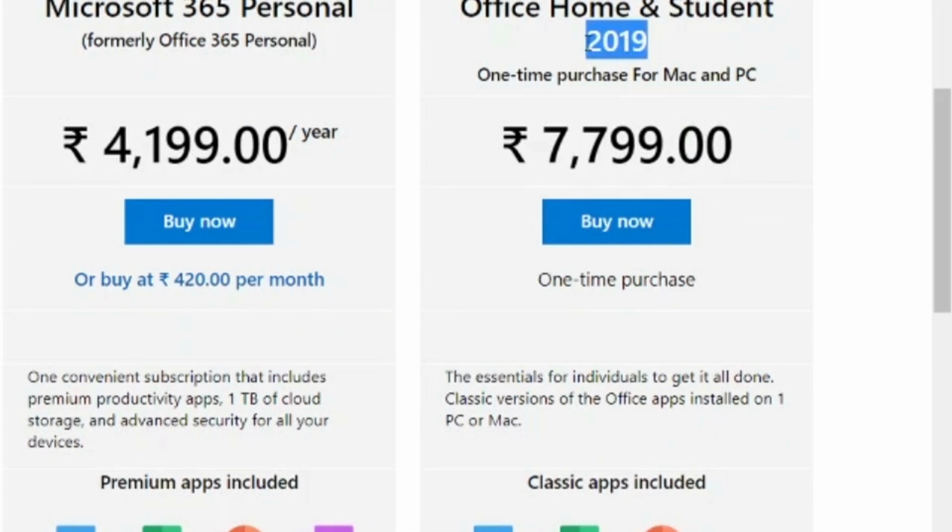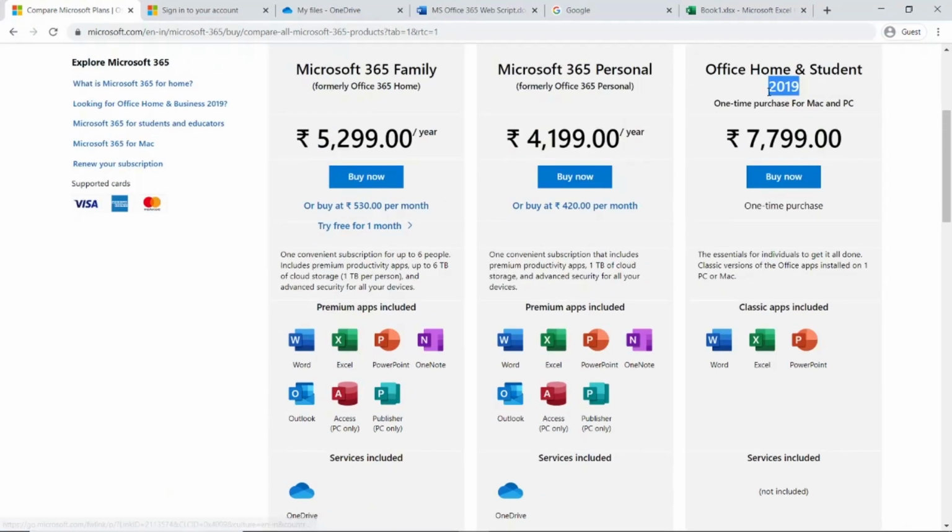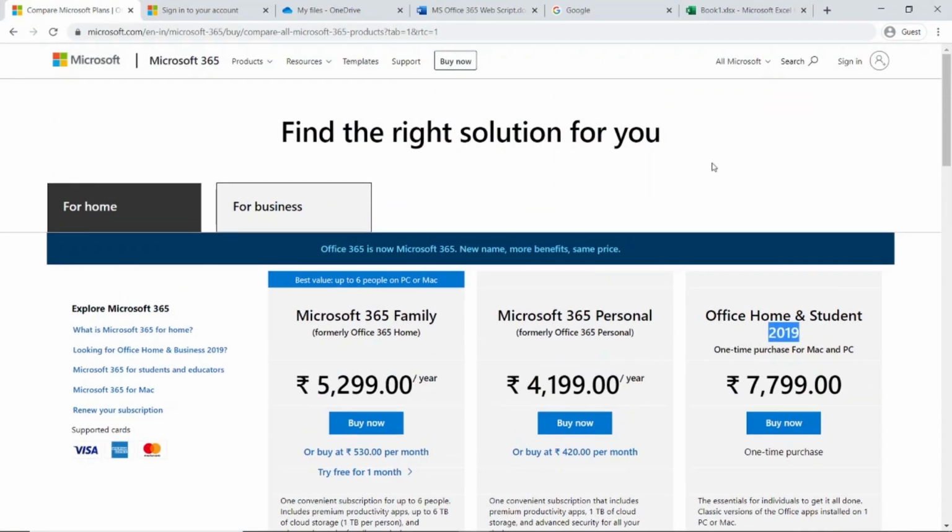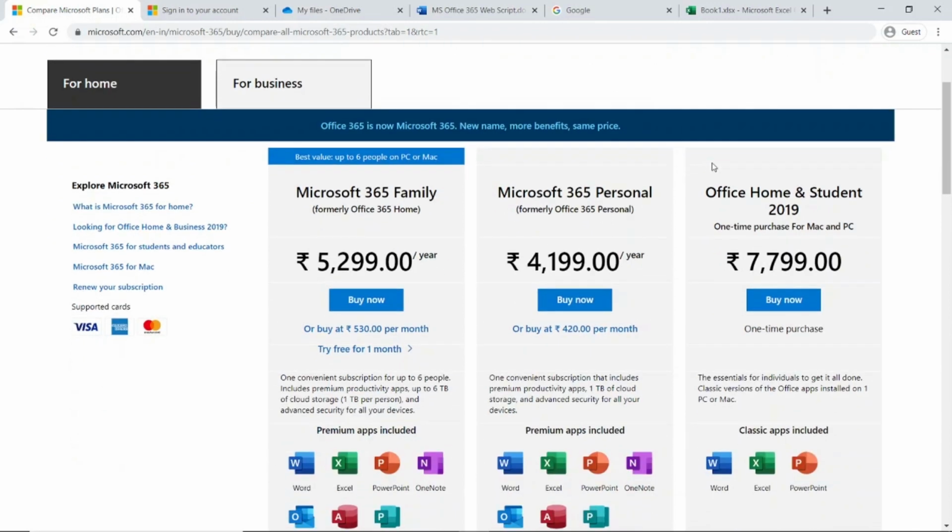So since this is the 2019 version, number one, you'll not be getting the latest updates. Number two, you will not be able to use the formulas and all the benefits which there are in Office 365. And number three, you may or may not be able to use it on all devices. If you purchased it for Mac, you may not be able to download it for PC. So as I mentioned earlier, I'll recommend you to, number one, go and try the free version, have the 5 GB space, start using it, get the hang of it. And once you start using it, go and buy maybe the Microsoft 365 family plan and use it.